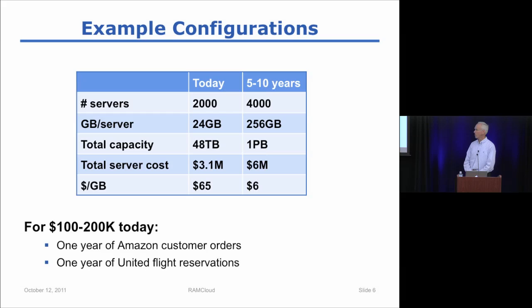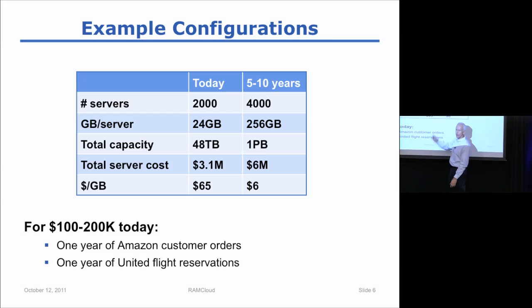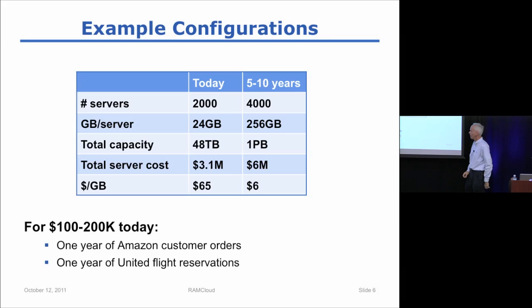So what would a configuration look like today? Well, today if you took 2,000 servers and 24 gigabytes is a fairly cost-effective amount of memory to put on each server, you get about 50 terabytes of storage at about $65 a gigabyte. Roll forward a few generations, assuming Moore's law stays with us a little while longer. You know, if you aren't doing it already, you should pray every night for a few more generations of Moore's law before you hit the wall. In 5 to 10 years, it ought to be possible to build systems with a petabyte or more on the order of a few dollars a gigabyte.